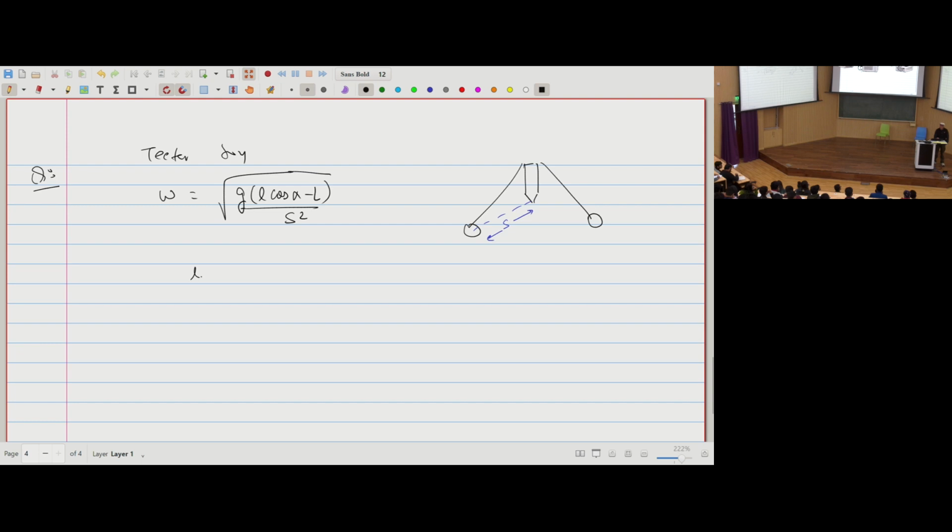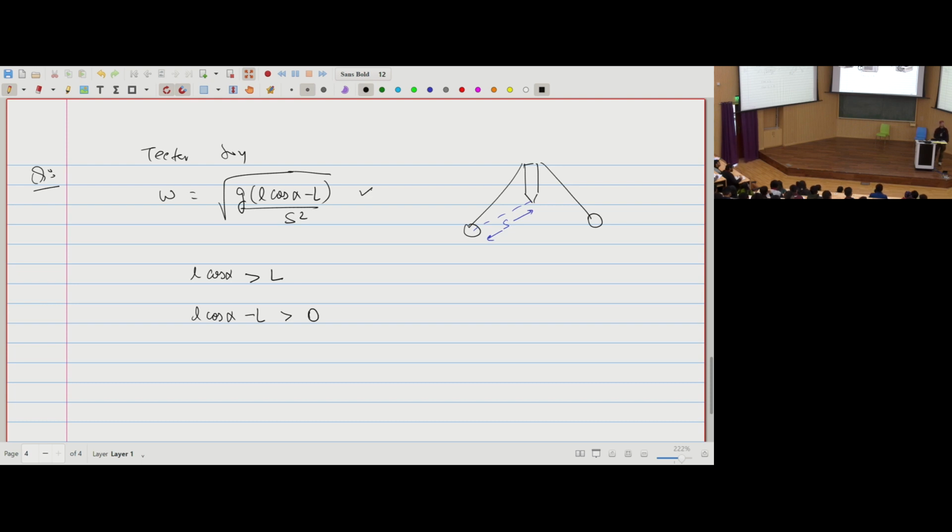Now we also saw last time that S cos alpha should be greater than L. Sorry, l cos alpha should be greater than L, capital L. And we can see that if small l cos alpha minus L is greater than L, then we have a